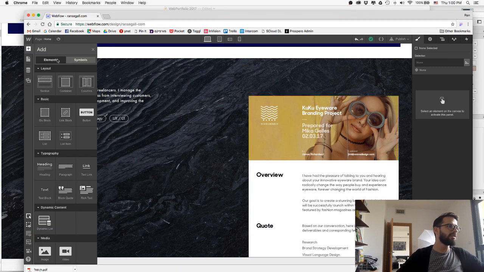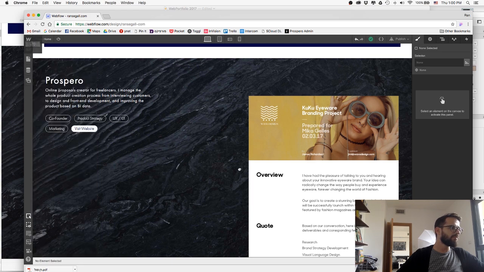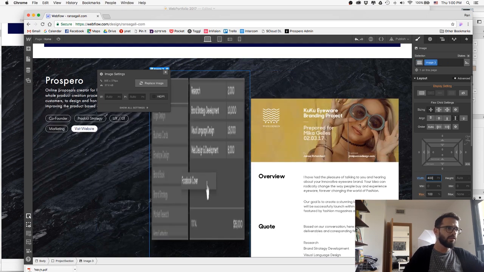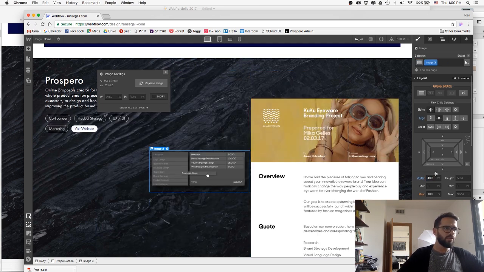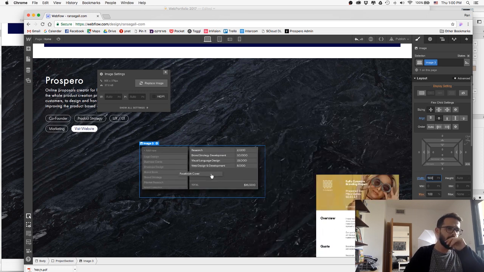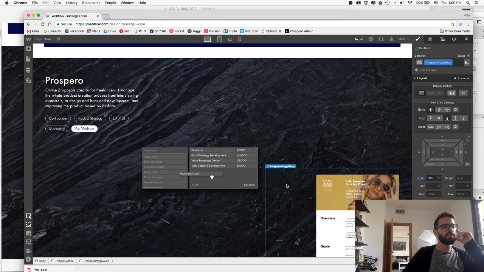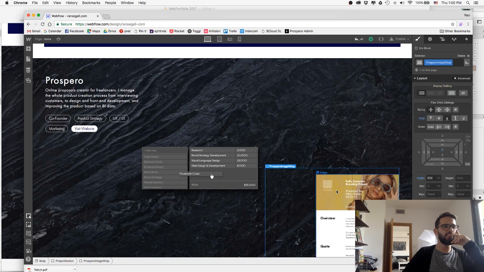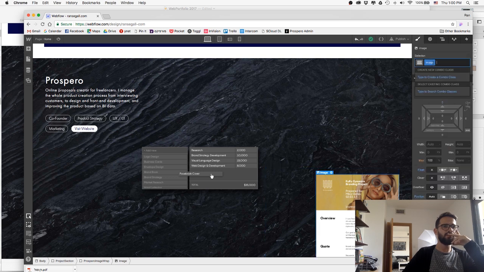Let me add the second image outside of the wrapper. See, so now it's pushing the image inside. If I remove this,